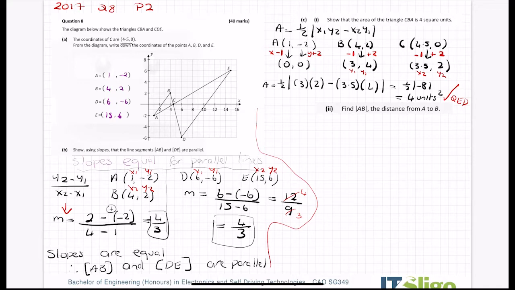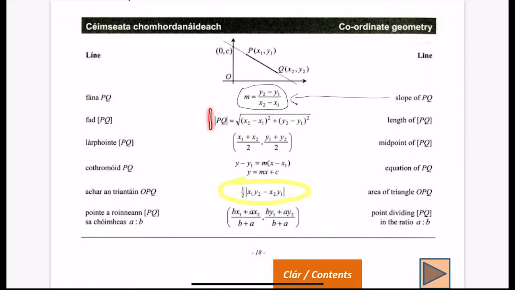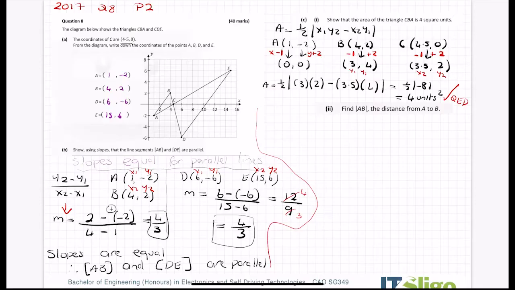Find AB, and you have to know that that means the length of AB. You can see it here written beside the length, but don't get caught out with that one. That means the length of AB, or the distance from A to B. That's the same thing. So again, if I'm finding the distance between A and B, I take down the points A and B